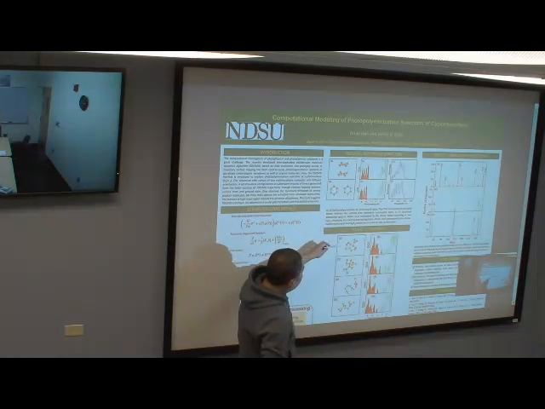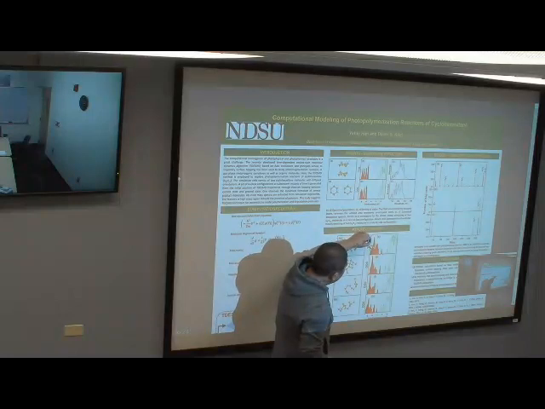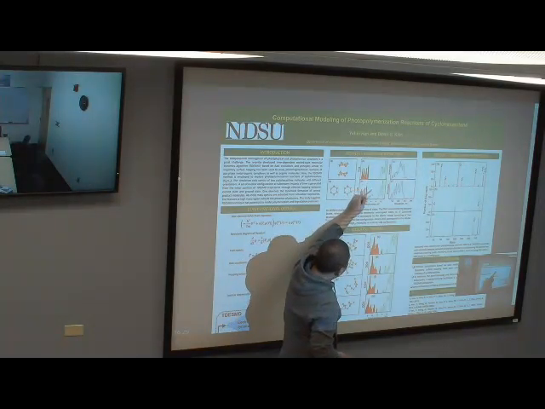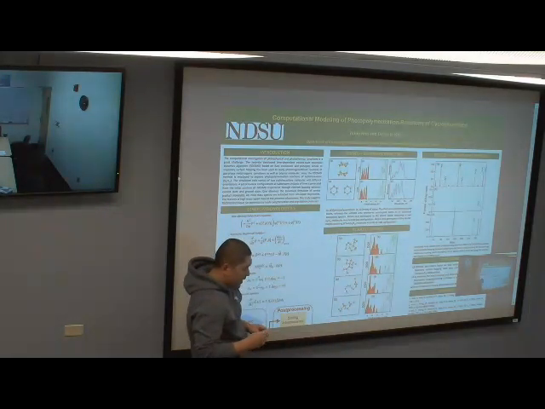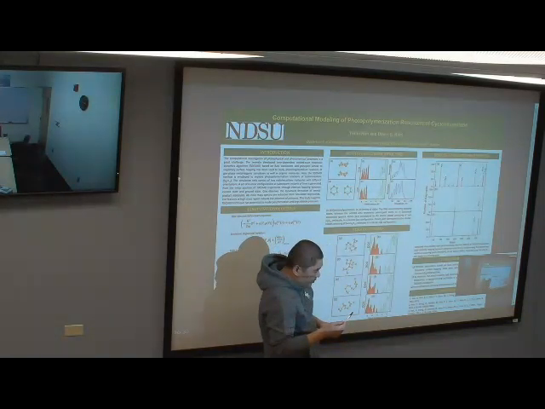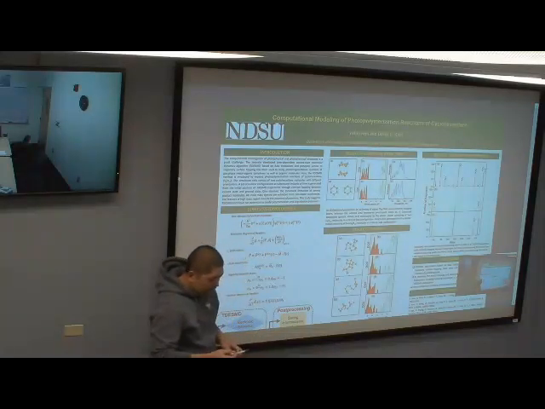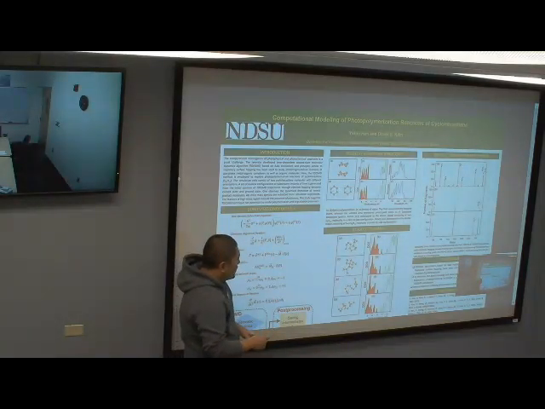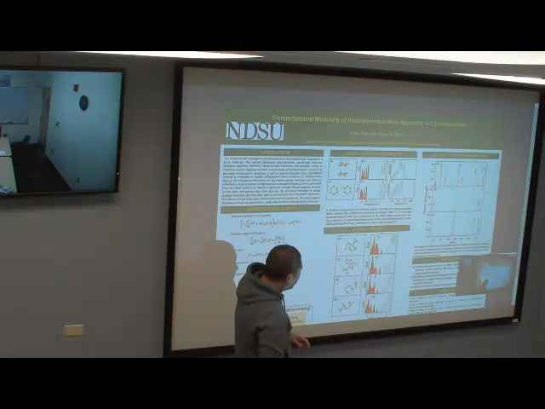Here are the calculated density of states, and we can see the band gap reduces from 5 electron volts to 2 electron volts. At this time, these molecules do have absorption in the visible range. So this is another demonstration that we have the polymerized product.